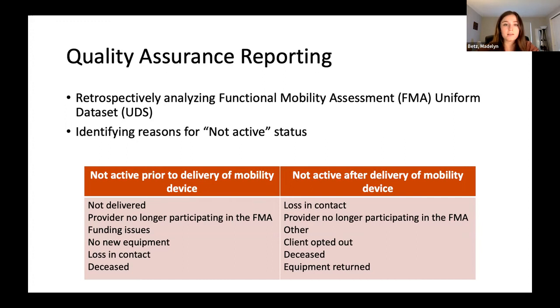After the device was delivered, some of the reasons why their status was listed as not active was loss in contact, again, the provider no longer participating in the FMA. Other, which was a whole host of things, including the wrong form was included, the client was in hospice or in a skilled nursing facility, there were issues with environmental accessibility in their home. And then these last three reasons: the client opted out, the client was deceased, or the equipment was